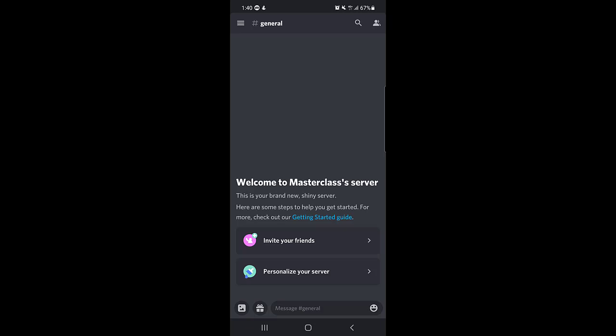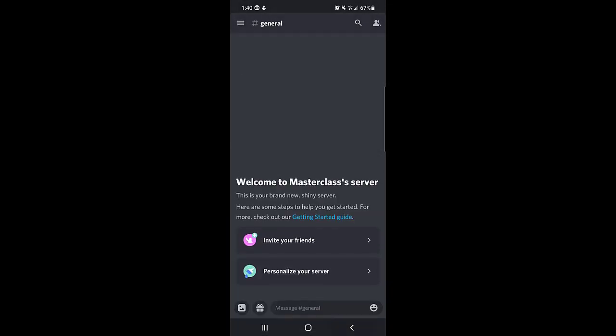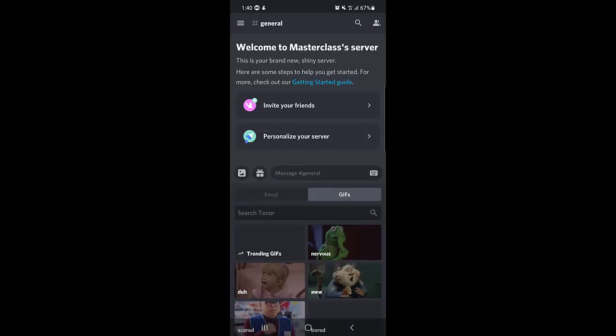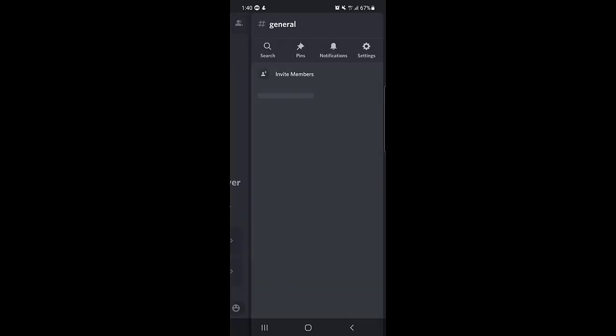Here you can start chatting. Here you can just send your pictures from your gallery, and you can send emojis here. You can send even gifs here as you can see. And if you tap on the friends icon, as you can see at the top right corner,